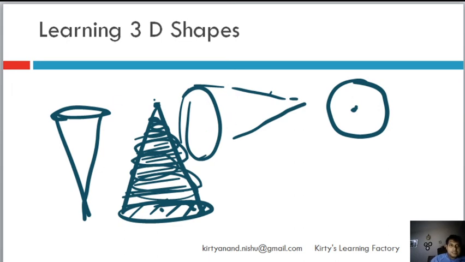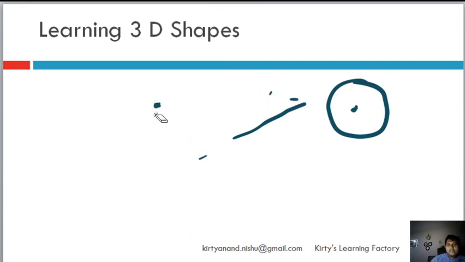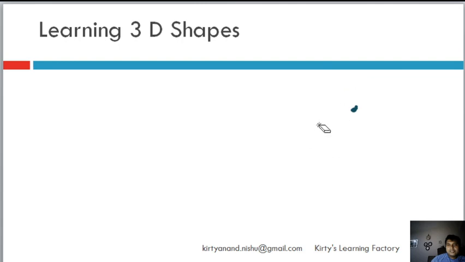And then let me tell you, I will not tell you what the volume and all is, because right now it's just important to understand the construction of these shapes. Once you have understood that, then in the later videos I will cover that also. Then there is